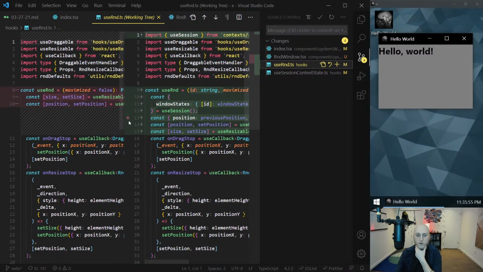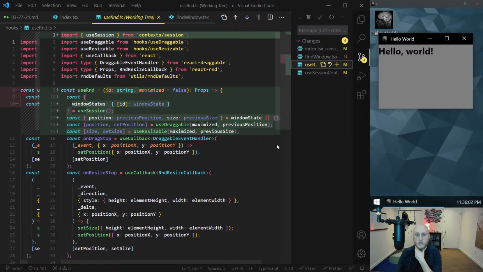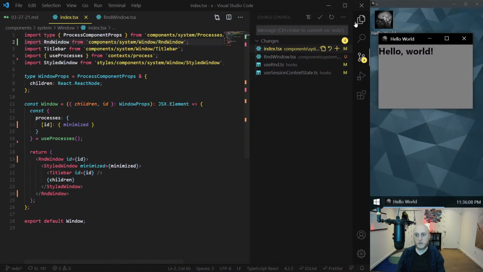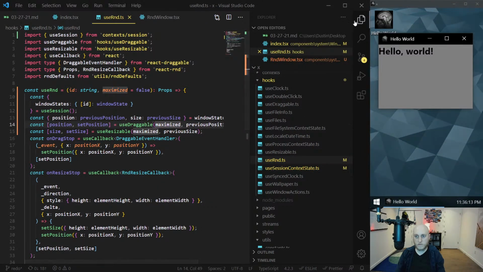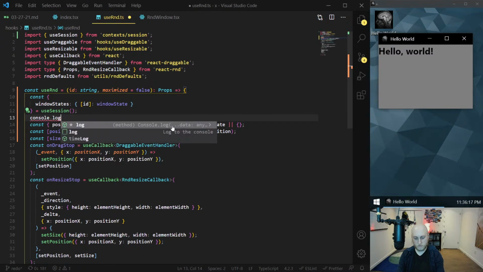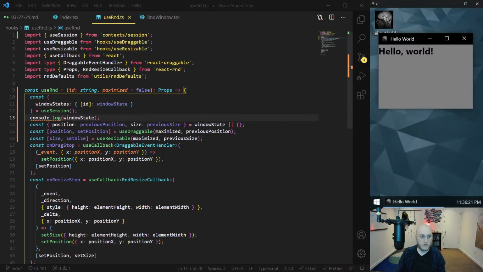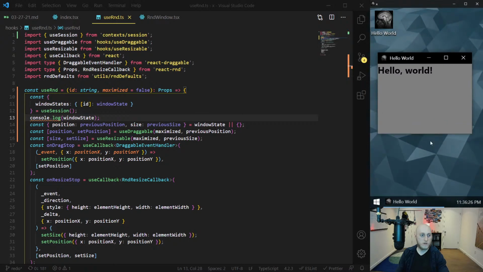What did I do to use R&D? Okay, use R&D I've changed too. What have I got here? Let's do a console log here on useRnd, because maybe I'm saving correctly, but I'm not using it properly because of some subtle mistake I made or something glaringly obvious. We'll see. So console log and we'll log the window state. And then let's see there. So if I move it and I make it bigger,